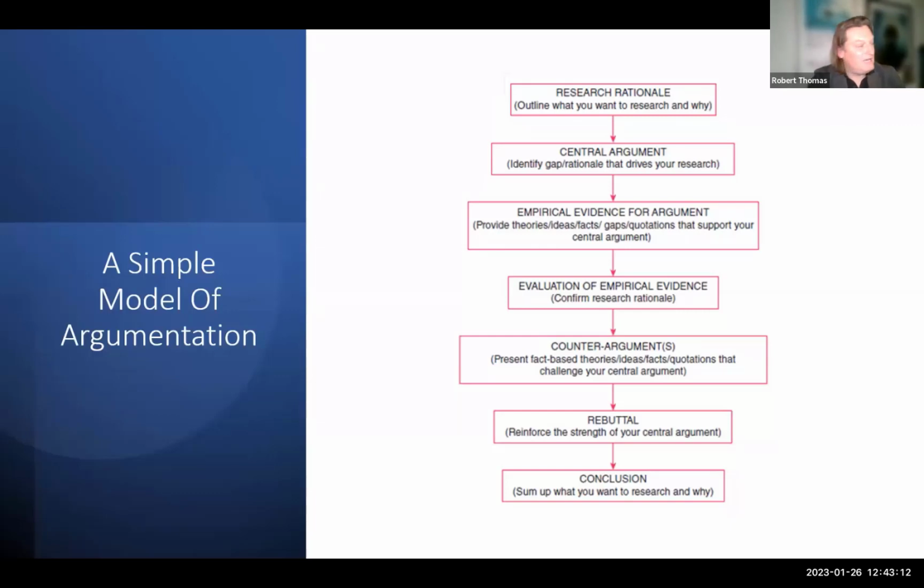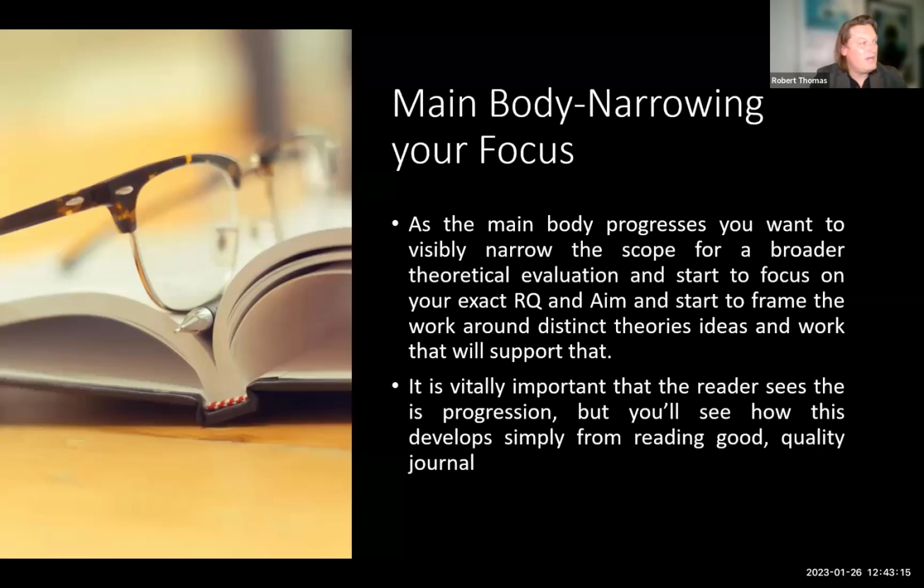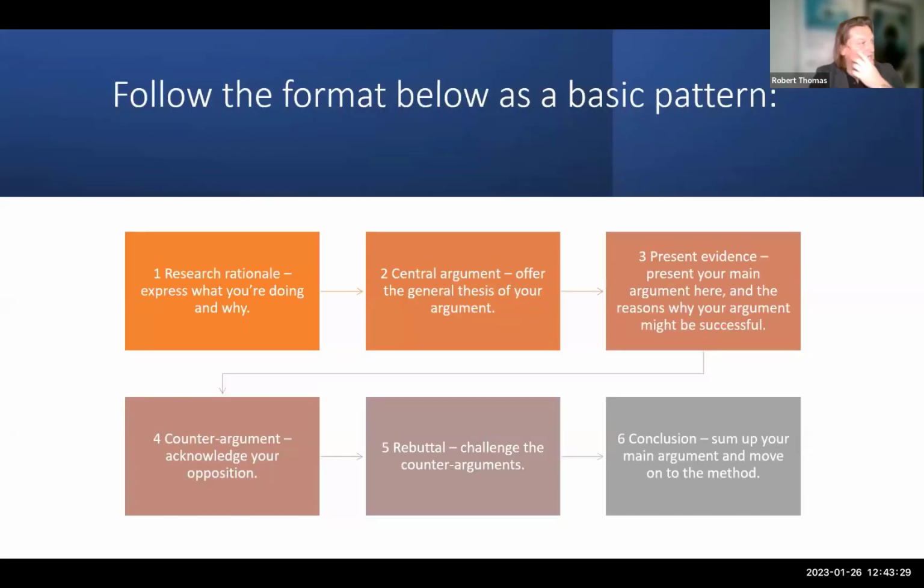It just becomes a polemic, and if you go back to my previous slides, we don't want that. Okay, so we are narrowing as we go through the body. You've got your major conceptualizations, then we start to narrow, and then we are looking at critique. I won't spend too much time on this particular slide, and I know we're running out of time. But the basic format is you express your rationale, you categorize and create your central argument, you provide empirical evidence for your central argument, that is fact that supports your argument. You then acknowledge the counter argument or the opposition, and you do provide fact for that. You use empirics to underpin that as well, and then we have your rebuttal.